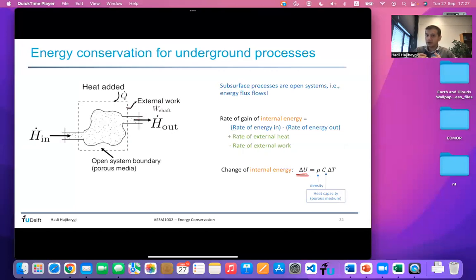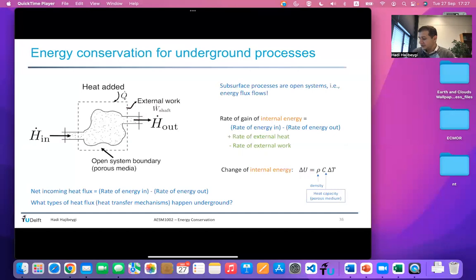I'm writing it per volume, and then that would require me to know how much mass I have in that volume. Okay, so what is net incoming heat flux? That H in minus H out dot means rate of energy coming minus rate of energy leaving. Now the question is,